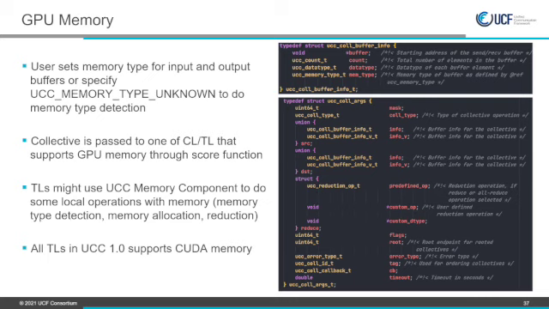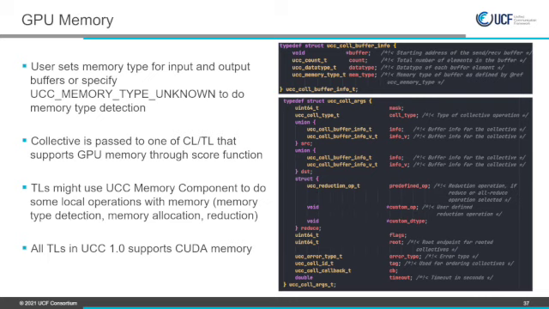Then once we know the memory type, the collective operation is passed to one of the CLs or TLs that supports GPU memory. Each TL tells the core function what memory types it supports. Then the score function selects the one with the biggest score.